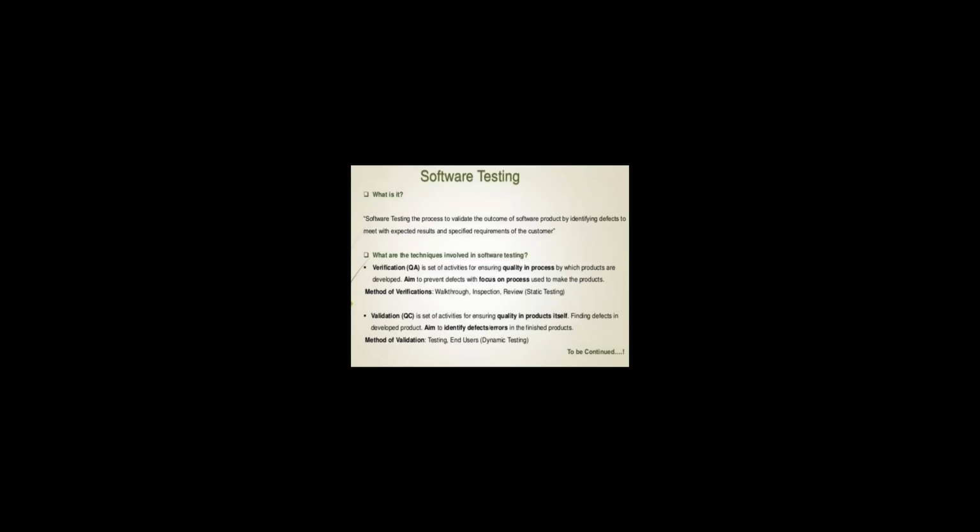So if you take the software testing life cycle, based on software testing methods, software testing is the process to validate the outcome of a software product by identifying the hidden defects and bugs in the software. So our aim is to find out the unexpected errors and bugs in our software process.